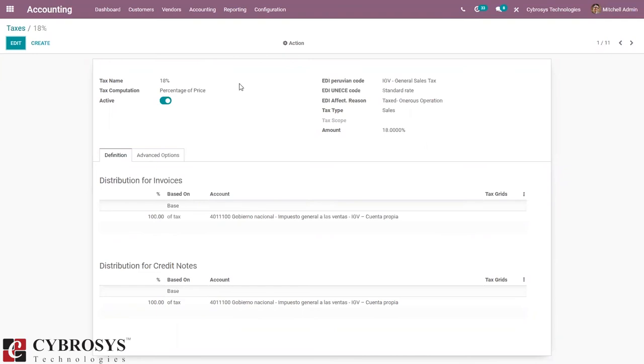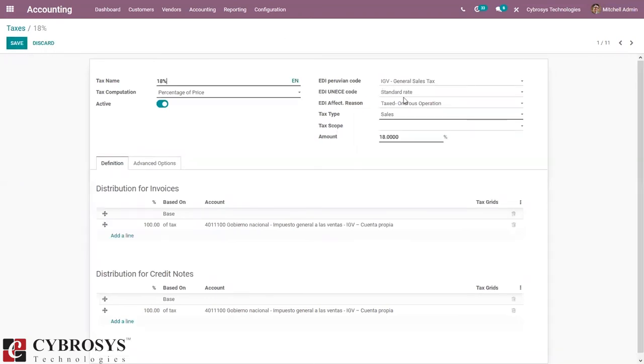These are set as part of the tax configuration, and taxes created by default have this data included. In case you are creating new taxes, make sure that you fill in these fields. You can see the EDI Peruvian code, EDI UNECE code, then EDI affectation reason.